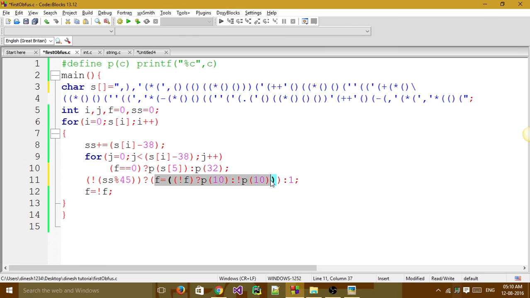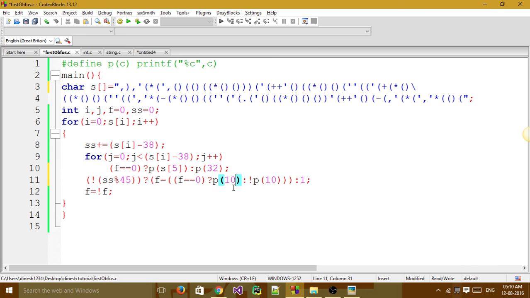We can simply make f equal to 0, but somewhat to create confusion I wrote it this way: f equal to, then if f equal to 0, then return printf of 10. Here each and every time I should print a new line. The ASCII character of new line is 10.